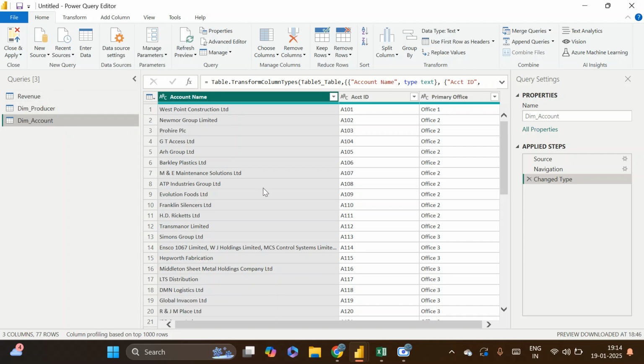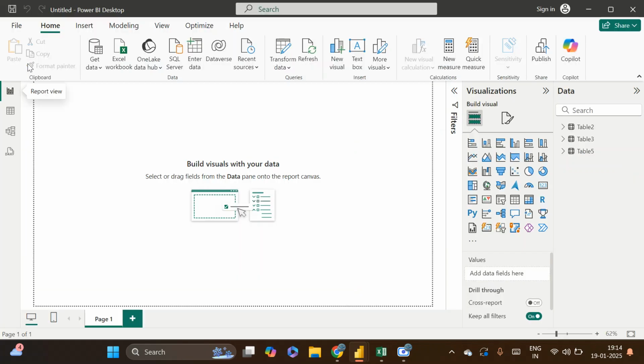Now, once I have done all those transformations that is required, and that is needed, what I will do, I will click close and apply. So the changes that,